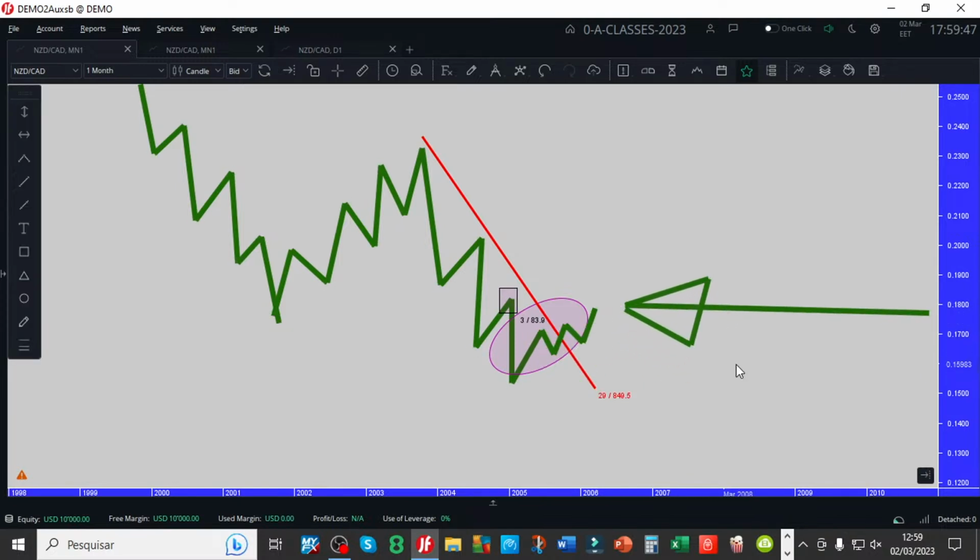What are you going to do up in here? What are you going to do at the circle? Long or short? The rectangle is the relevant high. The market is in here. You went short the first time, the market stopped you out, or maybe you were in the red. The market pushed higher. What are you going to do? If you say long, you are wrong, everybody. Don't say long. Short, thank you very much. If you say long, you are wrong.